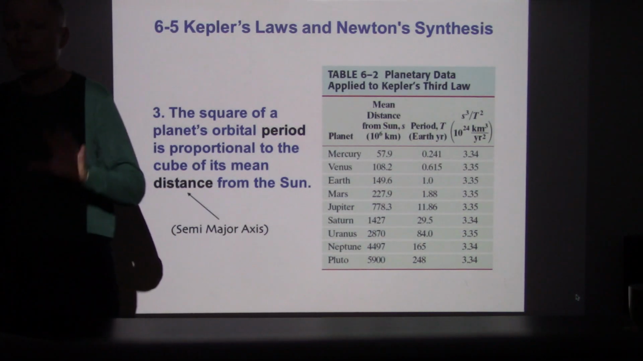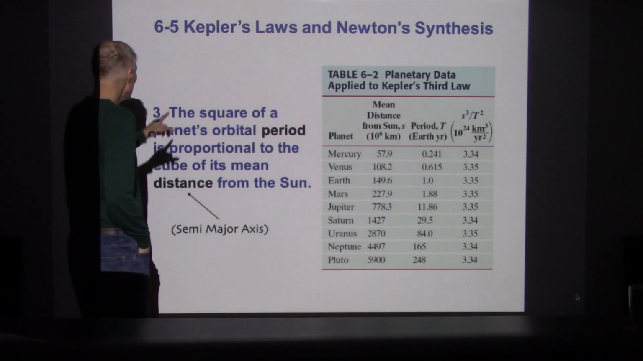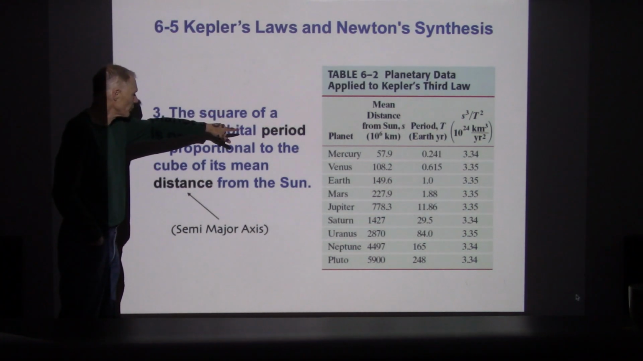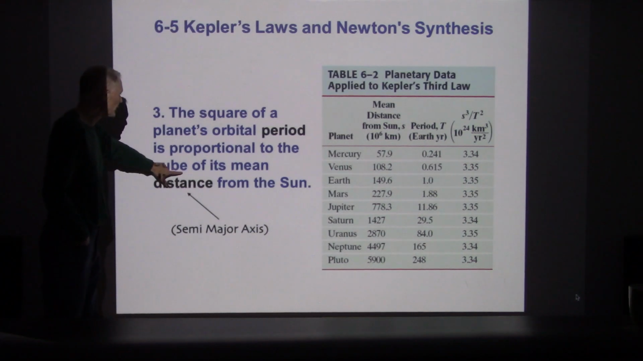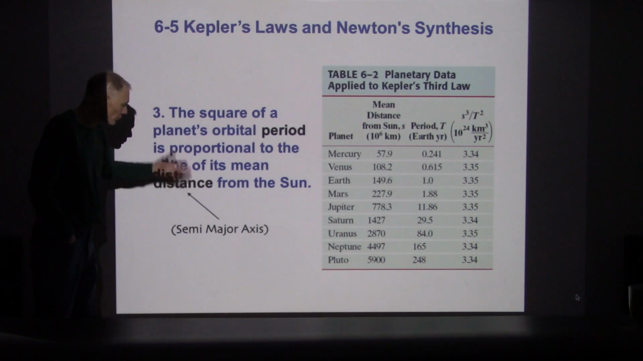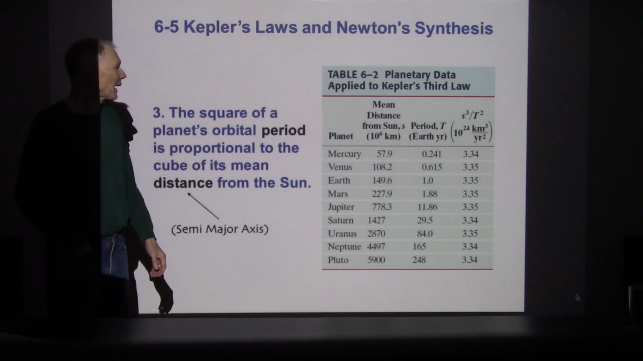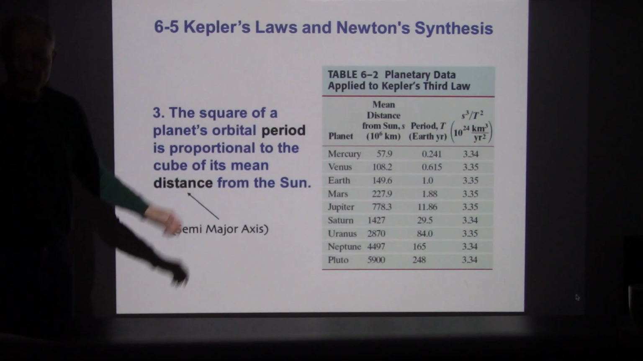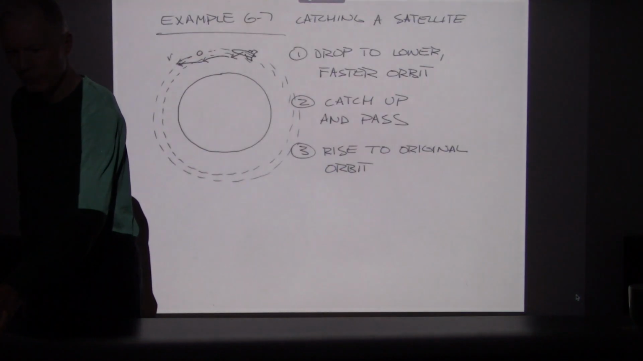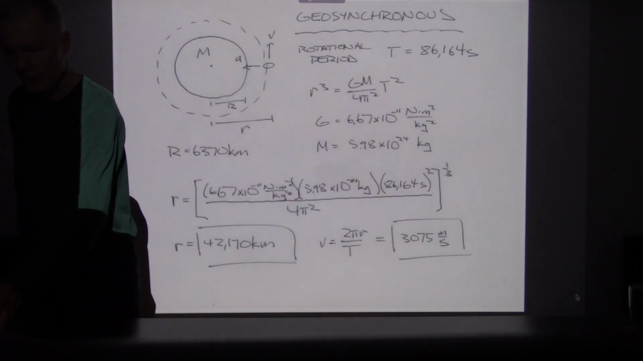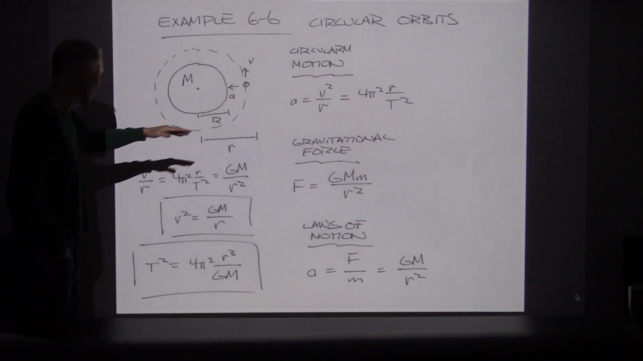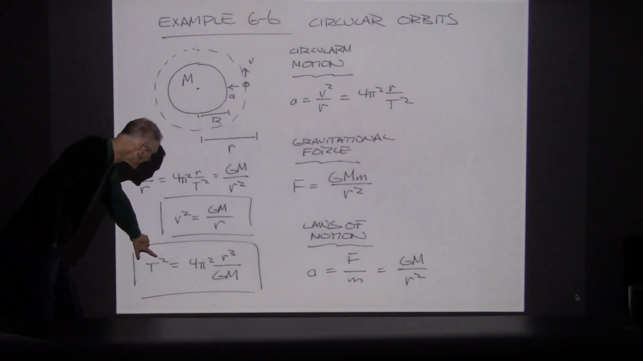Okay, and then the third feature that Kepler came up with was that the square of the planet's orbital period was proportional to the cube of its mean distance. And for that, you could use the semi-major axis. That's the same thing we found out. Now, we derived that only for circular orbits. Let's see if we can find that. So, the stuff we had derived, this expression in particular,